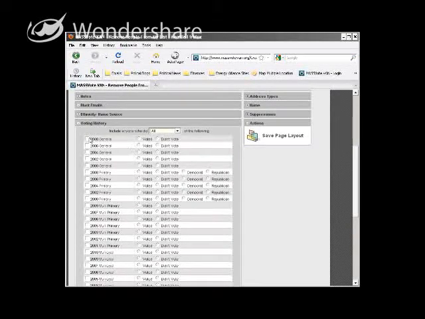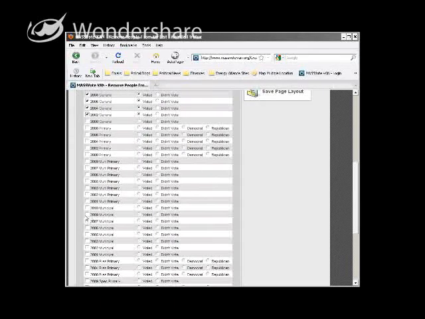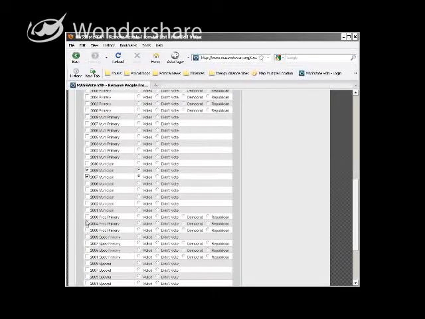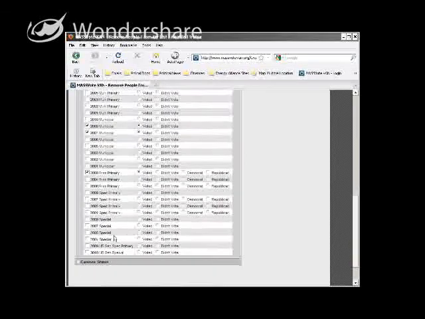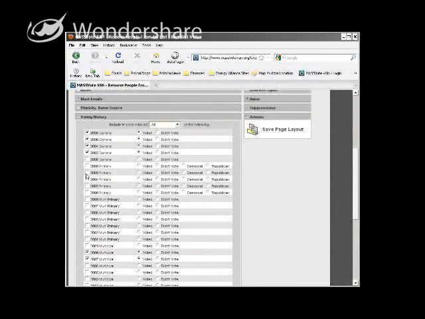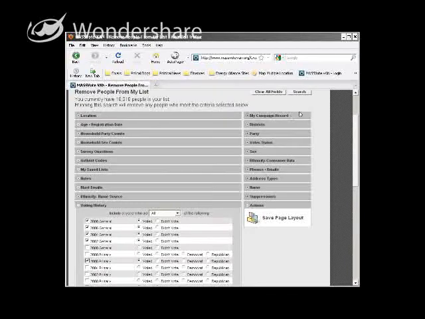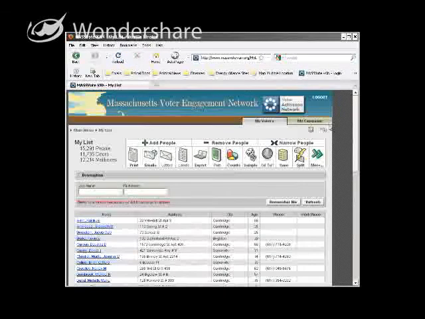So I'm going to remove people who also voted in 2008, 2006, 2004, 2002, and in the 2009 municipal, 2007 municipal, 2008 presidential primary, 2006 primary, a whole bunch of elections. And I'm going to click search, and I'm going to take the 3,000 people from that list that have voted. They vote all the time, and I'm just not going to try to reach out to those people. And now I have,